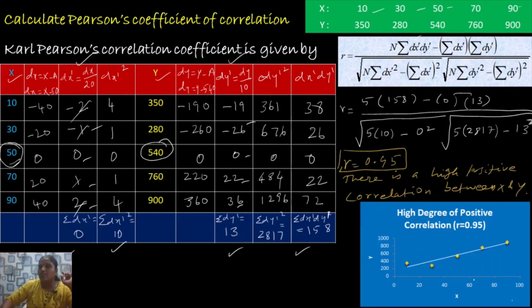Let me now show you the scatter diagram of these two variables. So look here, there is an increasing relationship. There are very small deviations of the points from the line. So this graph shows that there exists a high degree of positive correlation between the two variables, but based on this correlation coefficient, we get an exact idea about how close the relationship between the two variables is, that is how strong the relationship is between the two variables X and Y. So there exists a high degree of positive correlation between the two variables X and Y.